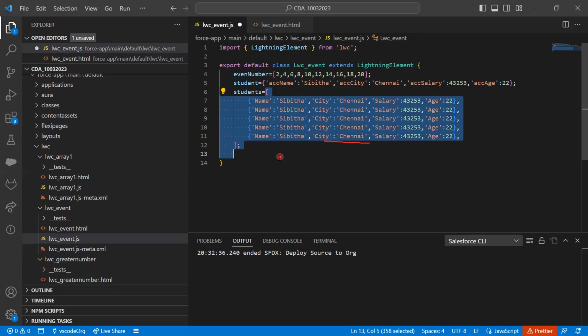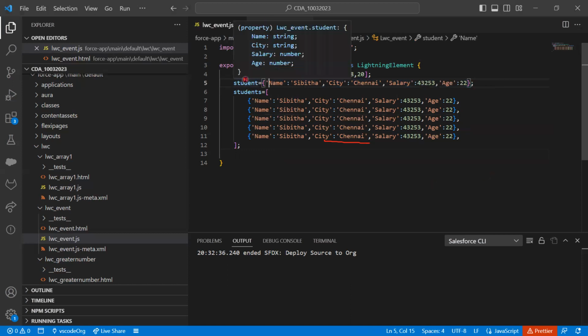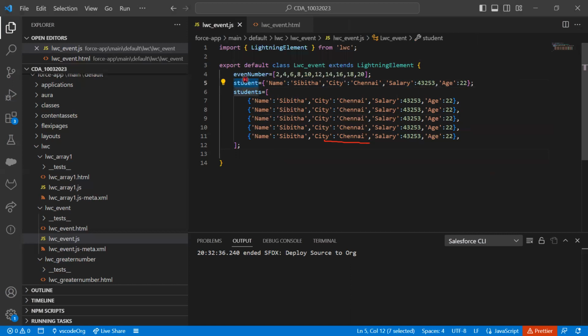In this format, let's assume that Apex is sending only a single record. When Apex is sending only a single record, it will be like this. Now, when you have a single record, you can use this attribute name, whatever the local attribute name is, that local attribute, that means student